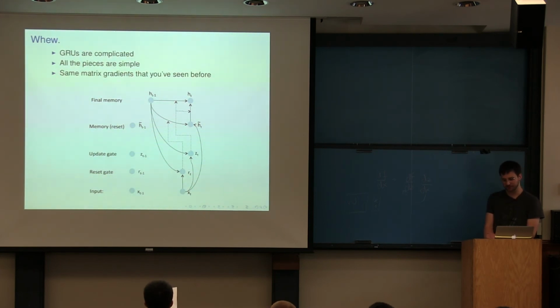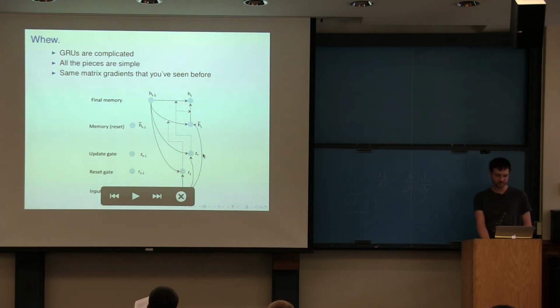So GRUs are complicated, but this is well within your ability to solve, because you can just write out the equations and you see that all the pieces are pretty simple. They're all things we've seen before on simpler networks. And if you compartmentalize, put parentheses around things, pre-compute them, call them a delta, then it's just a matter of passing an error vector through simple elements that you've seen before. We just have a handful of simple operations that we're composing to get these complex networks. So, any questions on GRUs?